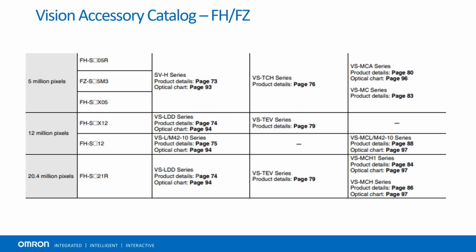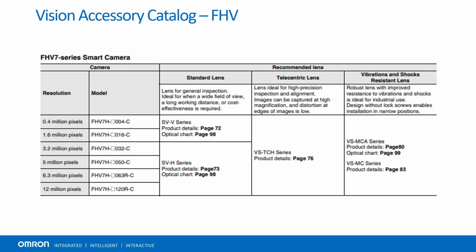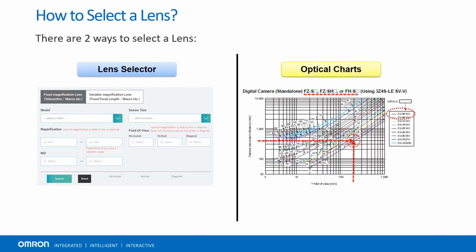We can see from this slide that the FH-SC12 does not support telecentric lenses, which the FH-SCX12 does, whereas the FH-SCX12 does not support vibration and shock resistance when the FH-SC12 does. Here is another reference when utilizing C-mount lenses on the FH-V7. As we mentioned during our introduction to the FH-V7, there are proprietary lenses unique to the FH-V7 that are not referenced here. We should now understand how to reference the Vision Accessory catalog when identifying the series of lens Omron